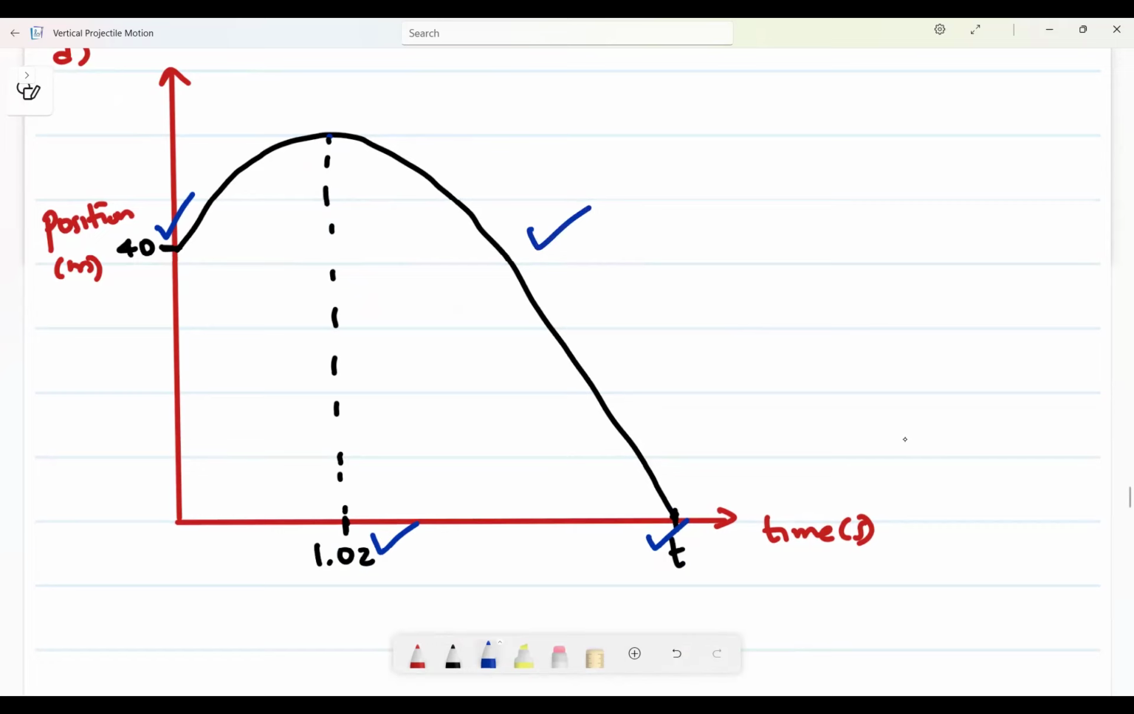Mark for a shape. Then your axes are labeled correctly, another mark. Or you use the ground as reference point, basically. Your ground as reference point, 1 mark. If you draw the graph like this,